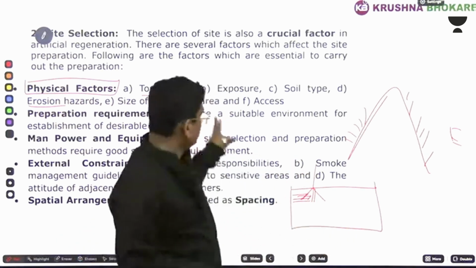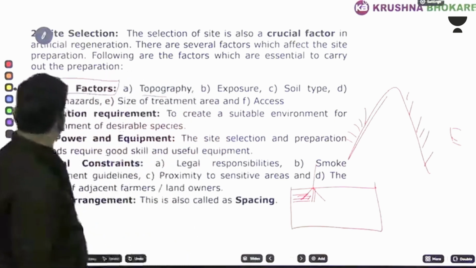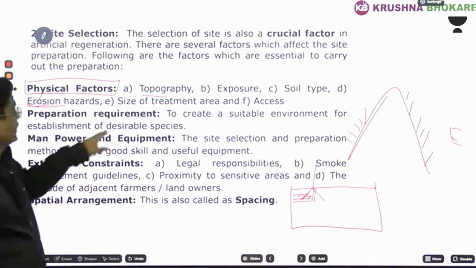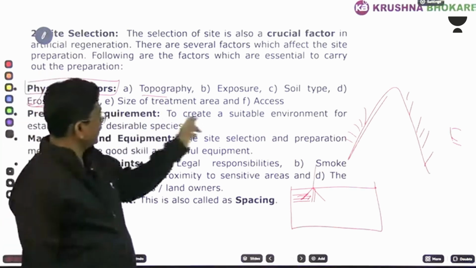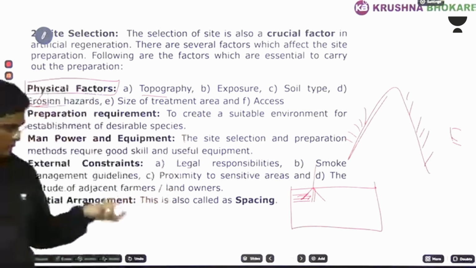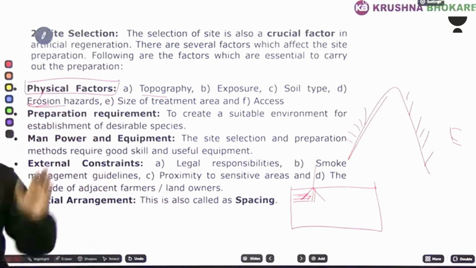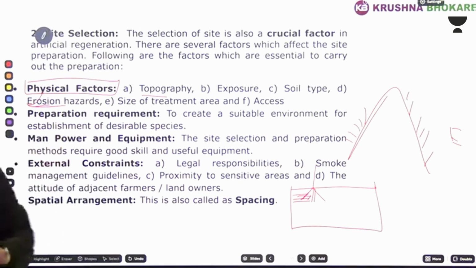Okay, but in the case of erosion-hazardous soil, it should be spreading, so that it holds more soil, and it should mostly be a surface fibrous root system. Then size of treatment area, and access, meaning whether you have to do the tree plantation near the road or in the hinterland; depend upon that.